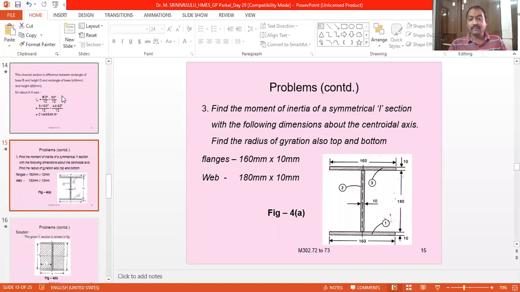Now the next one is the I section, but we are not having sufficient time. Anyhow, we will take up this problem in the next class, finding out the moment of inertia of the I section, because this I section also has